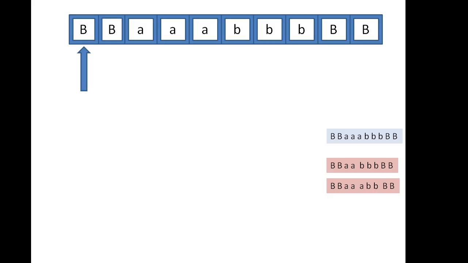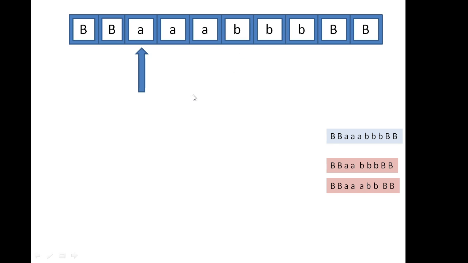So suppose this is your initial string that is being given. Initially we have two blanks, then the input string, and in the end also there are blanks. Whenever there is a string, on its right hand side and left hand side there are always blanks, because the rest of the tape is empty. So we are going to read it via the read head. We are not writing anything, we're just reading right now. First, we'll receive a blank. Till the time it keeps receiving a blank, it feels it is not getting any input. So another blank, it will move on. Then it will receive a first A.